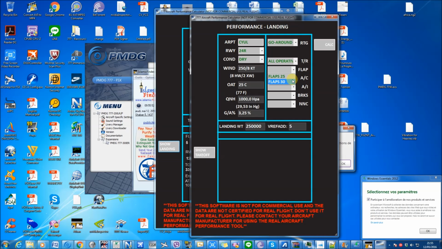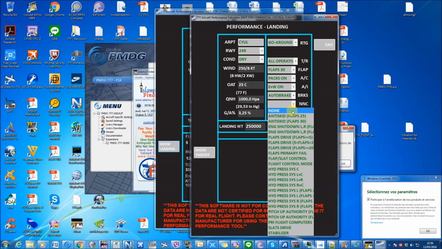And so I will choose auto or reverse, flaps 40, and let's say flaps brake from 4, and so I include some non-normal configuration,